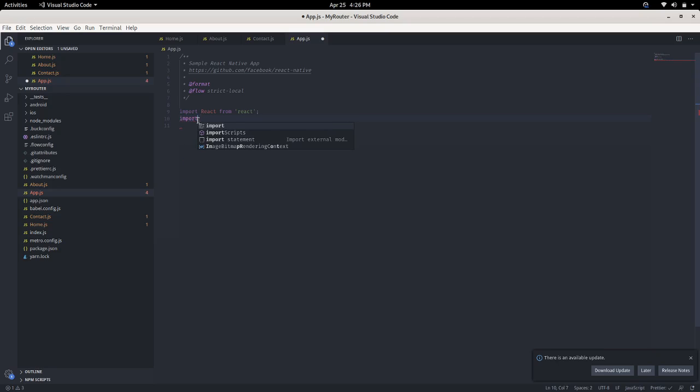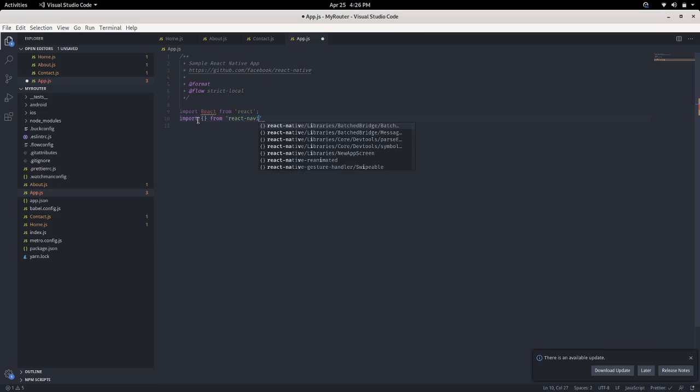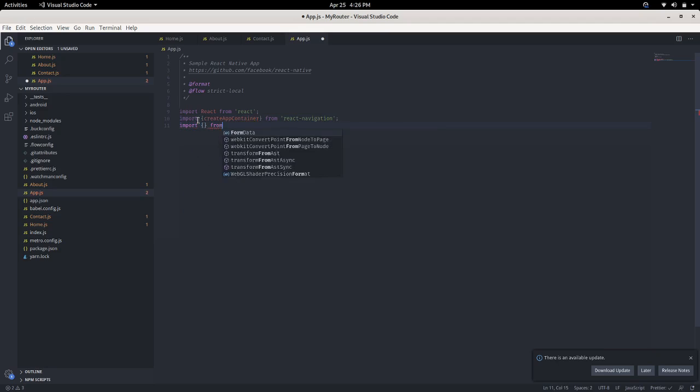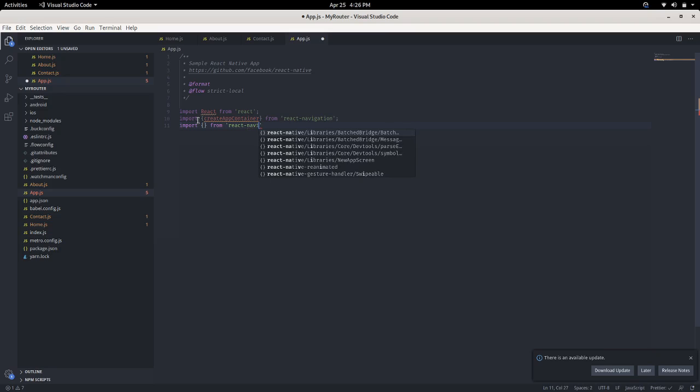There are two things we need to import: createAppContainer from React Navigation, and one thing imported from React Navigation stack. So we need to import these two things.